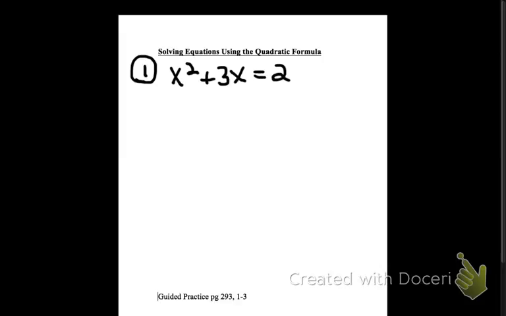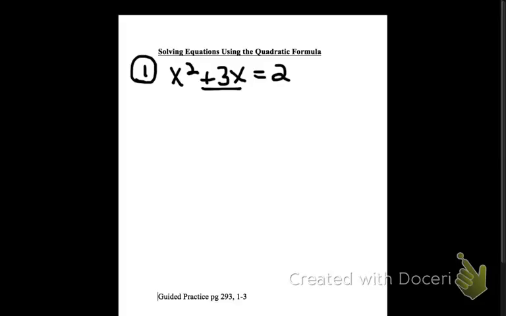I've learned two methods so far of solving quadratics. The first one is factoring. So I could subtract my 2 and see whether or not it is factorable and continue that way. I cannot use square roots, and that is because of this middle bx term, so that immediately eliminates square roots. The third method that we're talking about now is the quadratic formula, and we're going to go ahead and try